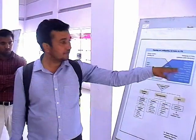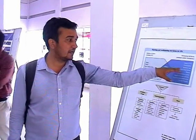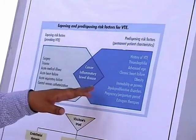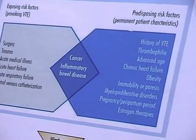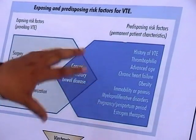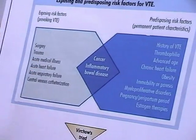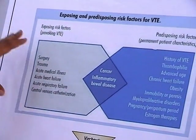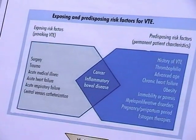These are the exposing and predisposing factors: thrombophilia, advanced age, chronic heart failure and obesity, immobility and paralysis, and myeloproliferative disorder, pregnancy, postpartum periods, and estrogen therapies. This also includes cancer and inflammatory bowel disease. And here, these are the exposing and predisposing factors,